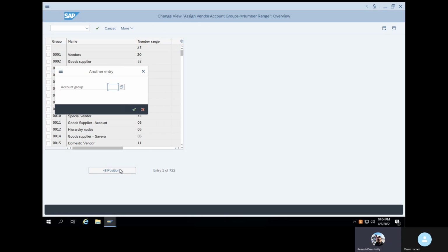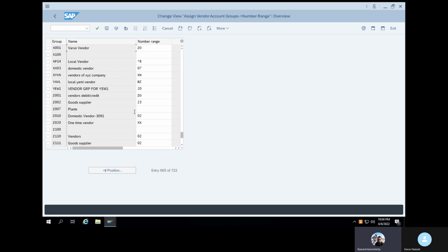Select your X001. Here by default we copied from 0001, so Z0 is coming. Now remove that Z0, put your 06. Like that we need to create and we need to assign. Okay, enter and save it.